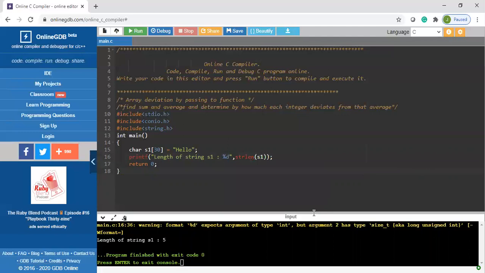So you can see the output hello. There are 5 characters. So length has to be printed with respect to integer. So the output is given as